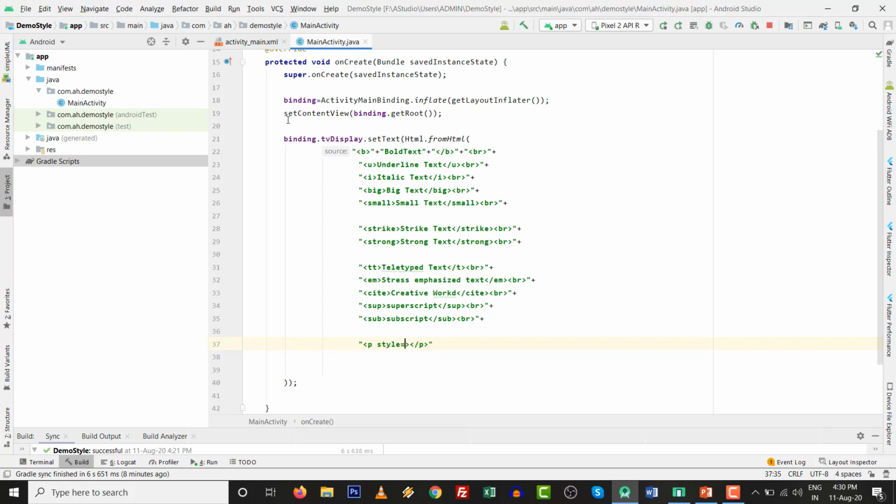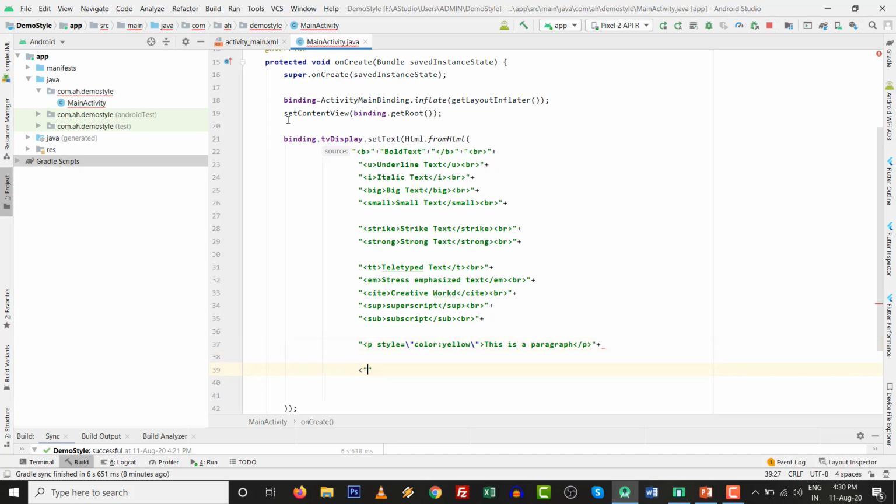If you want to use style, then add the setting with double quotes. Then color colon, whatever color you want to set. Likewise, I want to set yellow. Then this is a paragraph. Okay, so it is just for knowledge.